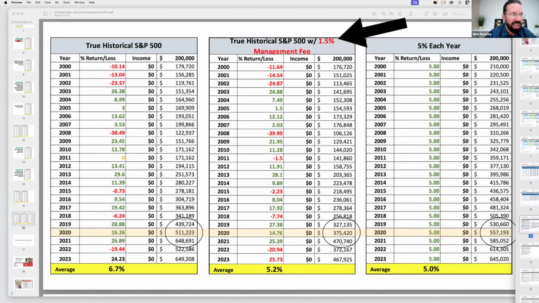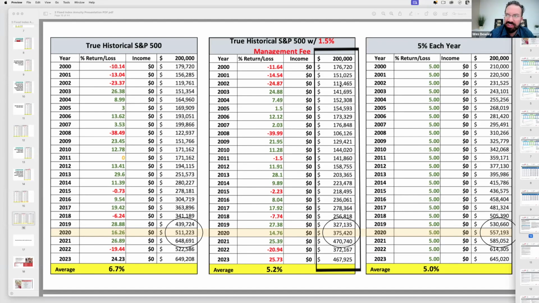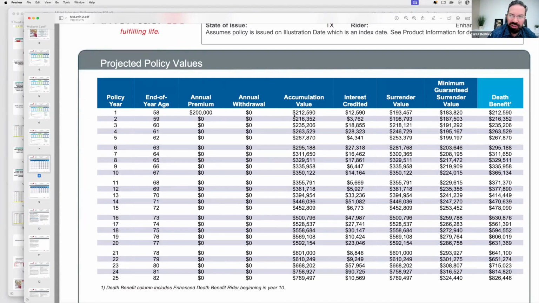So remember when we were on the S&P 500, they're charging a fee of 1.5% every year on this value point right here. So as this number goes up, that 1.5% stays the same, but it's bigger because it's a bigger number that they're taking that 1.5% from. So let's just say for easy math here that your $200,000 was in the market and it never grew. So if you're paying a 1.5% fee on this every year, that's $3,000, right? So $3,000 the first year, $3,000 the second year, $3,000 the third, the fourth, and the fifth. That's $15,000 in fees just to house your money with a financial advisor.